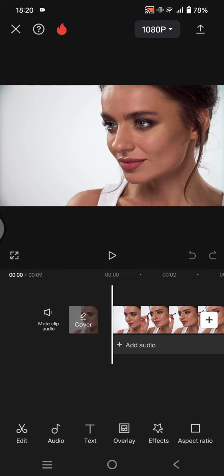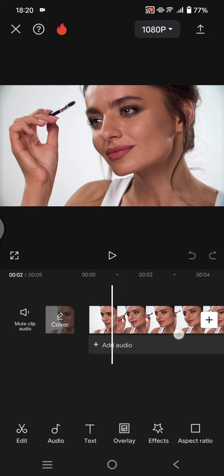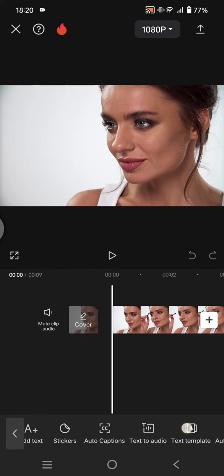On today's tutorial, I'm going to show you how you can create an aesthetic get ready with me title in the CapCut mobile. So you can use this trick or this step to create your own get ready with me video. So just add your video into CapCut like this, and then just go to text and use the text